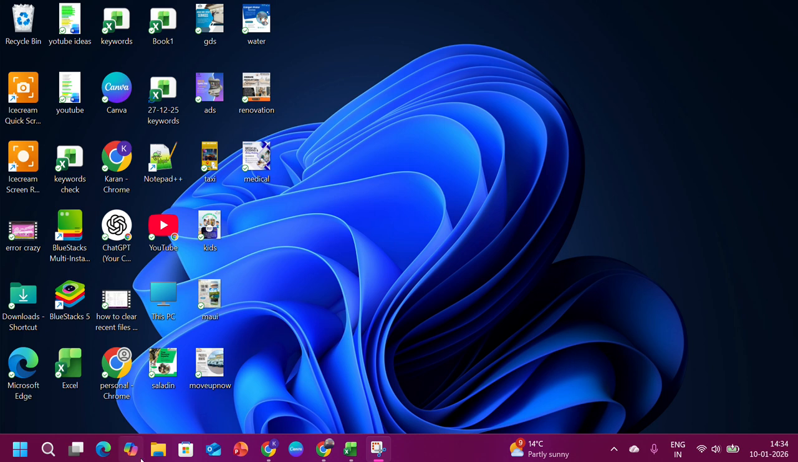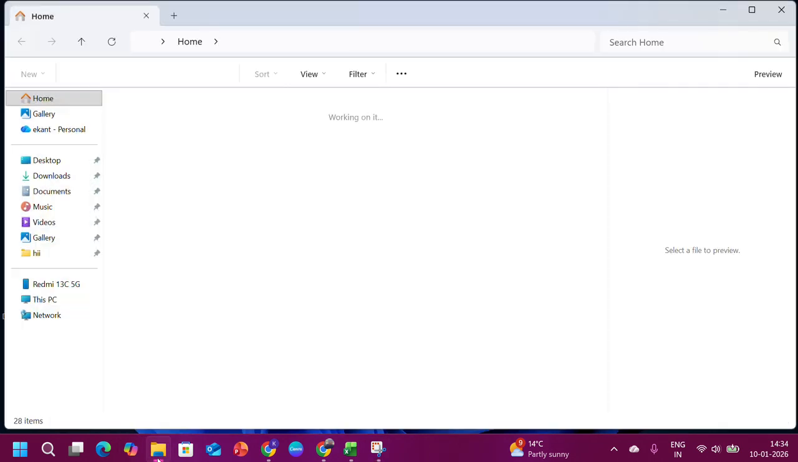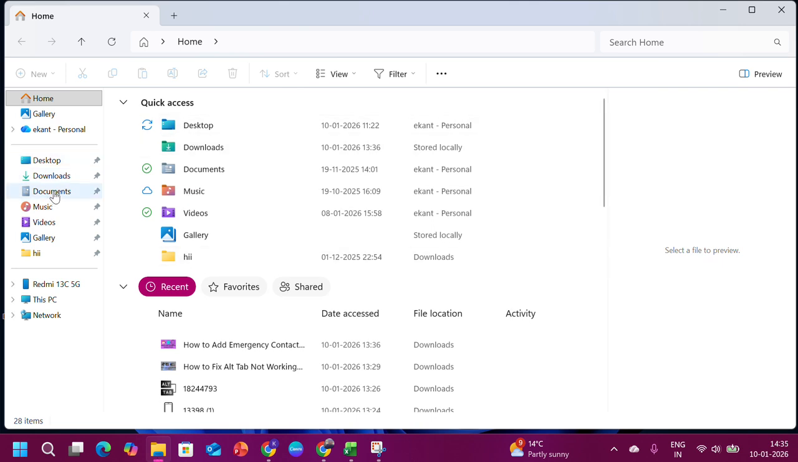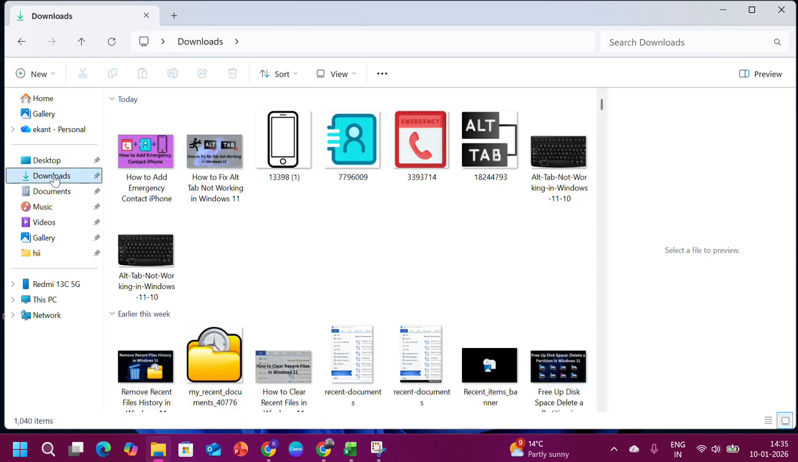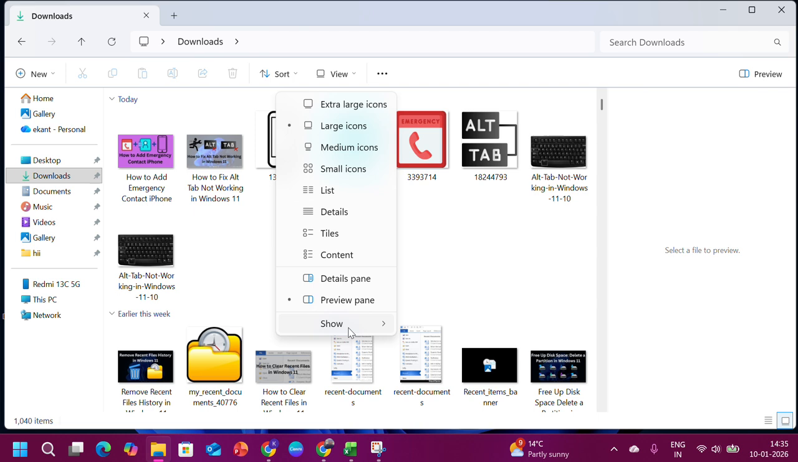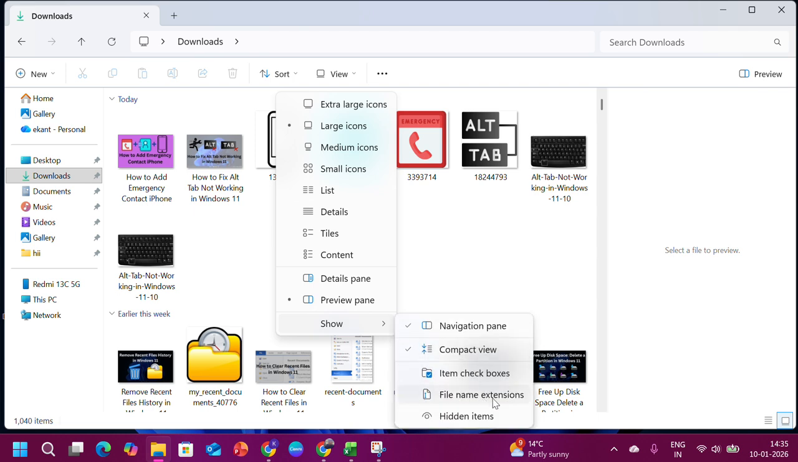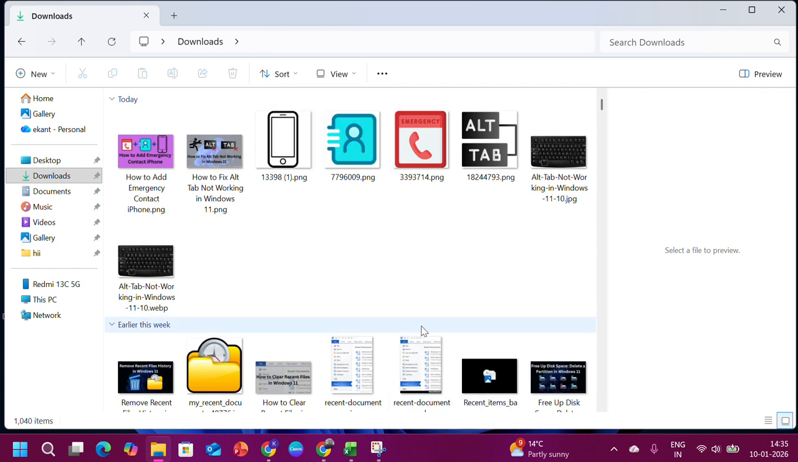So let's get started. Firstly open File Explorer, then open the folder where all your files are located. Now click on the View menu, then go to Show. Here you will see File name extensions. Tap to enable it. Now you will see all of your files with extensions like .png, .jpg,